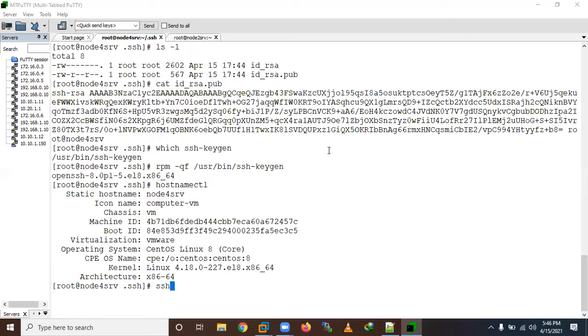The command is ssh-copy-id, followed by your remote server IP.